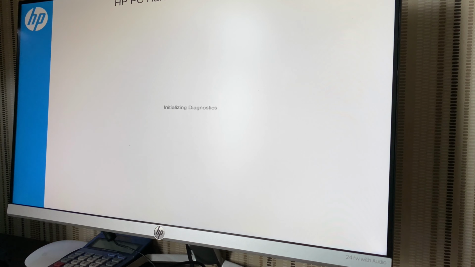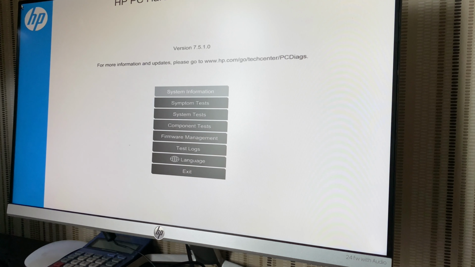whatever BIOS you have installed in your PC, it'll give you this interface. Now I have an HP BIOS, so that's why it's giving me this interface, and it's saying system information, system test, symptom test. We could do a symptom test or a system test, and we could do a component test as well, and there's firmware management. So I have basically